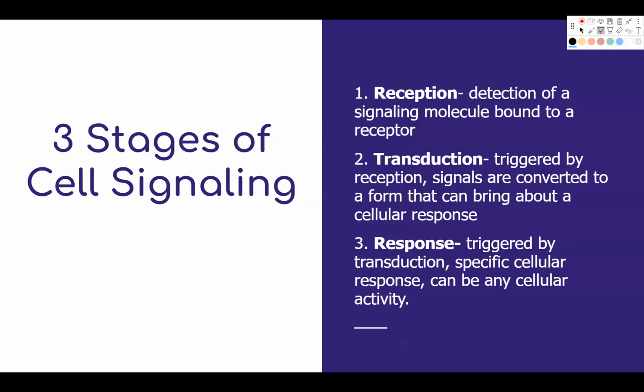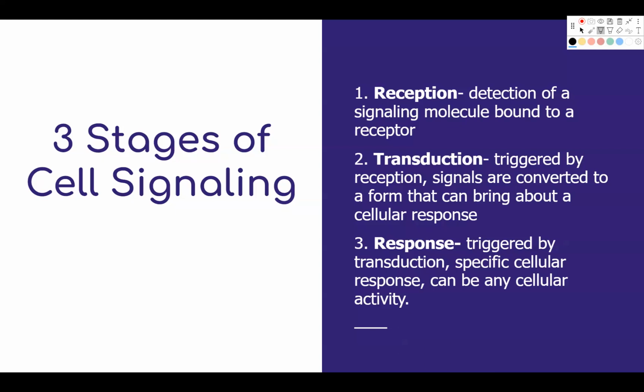We talked about that a little bit with signal transduction pathways. These are triggered by reception. So reception happens first, and then that triggers transduction. What happens here is those signals are converted into a form that can bring about a response, right? Something inside the cell that says, hey, we got this signal. I think we should do this, right? That's our transduction. And then step 3 is response, what those signals actually bring about